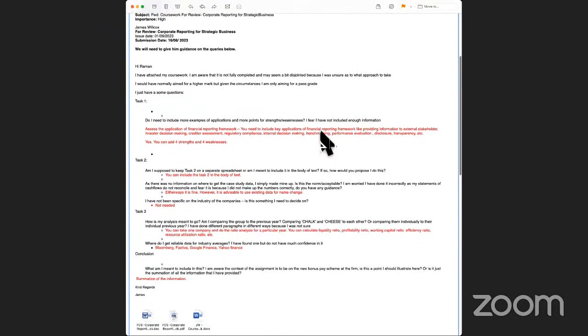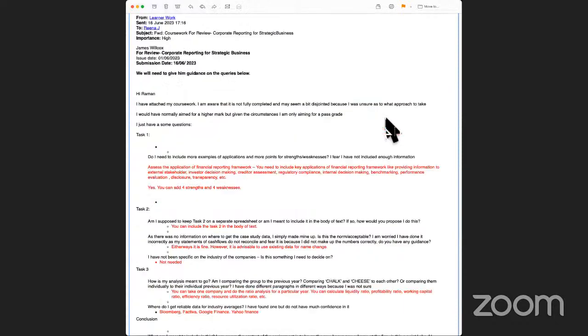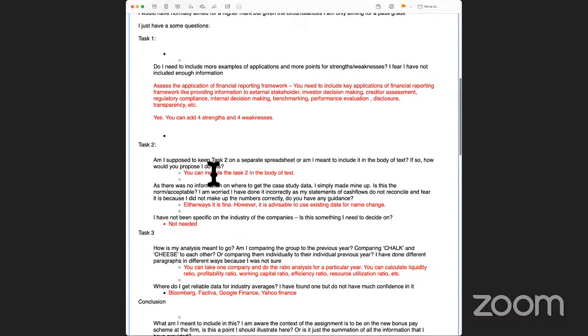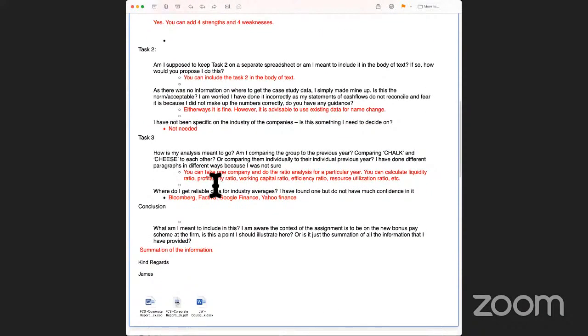Now, this is a particular assignment, corporate reporting, which the learner has submitted. But along with that, he was quite clear that he wanted to know some information. What the person said was, do I need to include more examples? For Task 2, he had specific questions. Task 3, and then in conclusion, he wanted to know what the basic areas are that I need to get into to make sure I'm able to achieve, say, a distinction grade in my assignment.